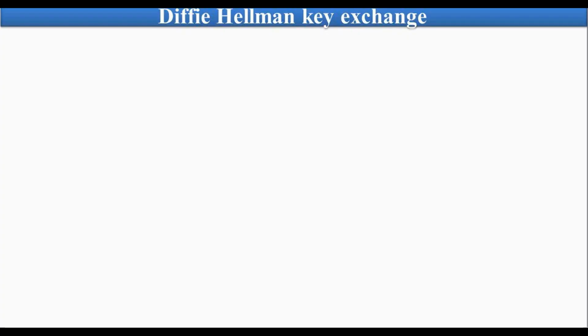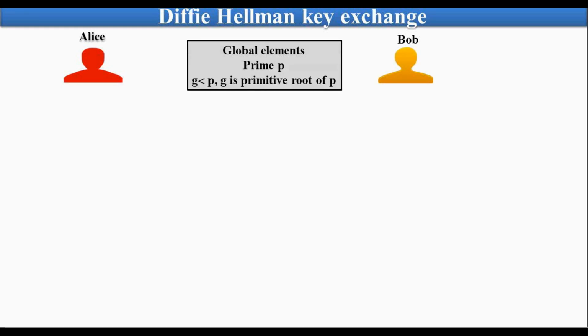So what happens here in Diffie-Hellman key exchange algorithm? As usual, we have two users, Alice and Bob, and some global elements which are publicly available to anyone in the unsecured channel. So we have a prime number P and one more parameter called G, which is the generator of P, and it is actually a calculated primitive root of prime number P. In the description, I have given the link to find out the primitive root of a prime number P easily. You can watch that. So these are the public elements which are known to anyone.